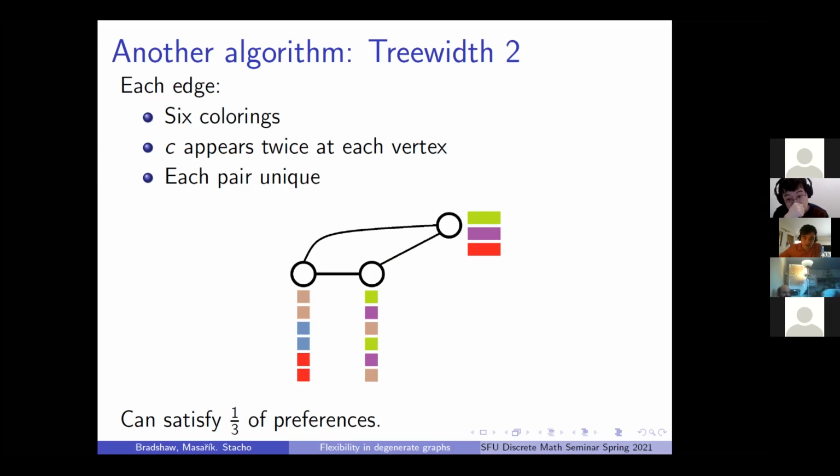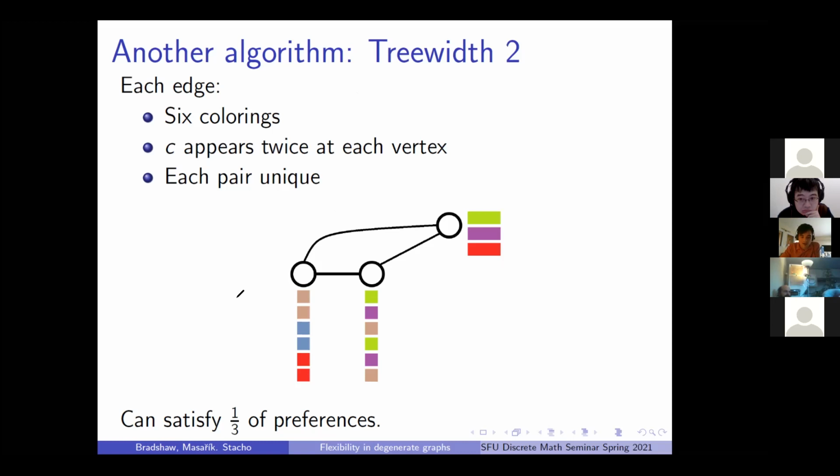So I'm not sure if I did it right in the colorings that I drew, but the idea is we can always extend. And since any 6 colorings where every color appears exactly twice at a vertex must satisfy every coloring preference exactly twice, that would mean that one of these 6 colorings must satisfy at least a third of the coloring preferences. Okay, so the point that I'm trying to make with these algorithms is that in each case,